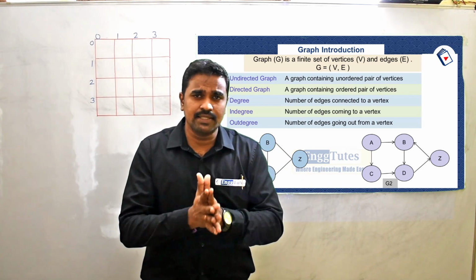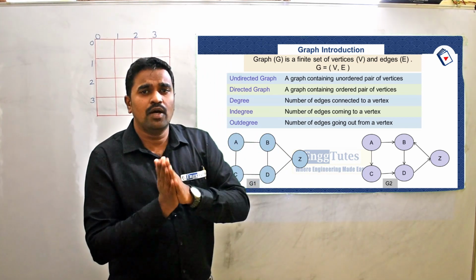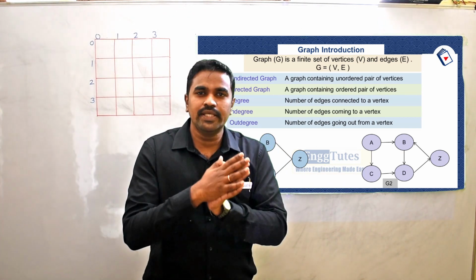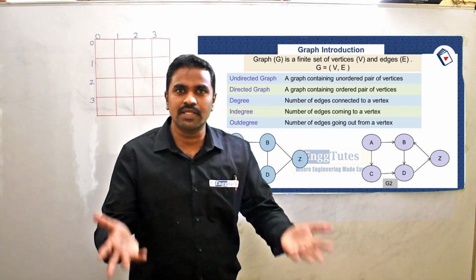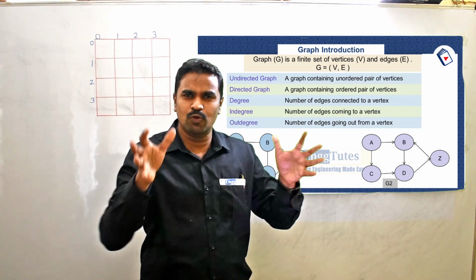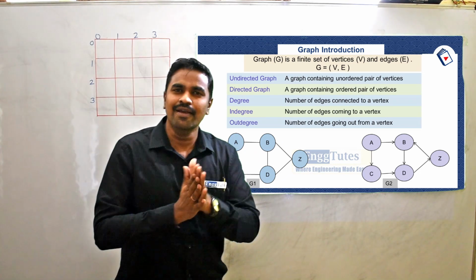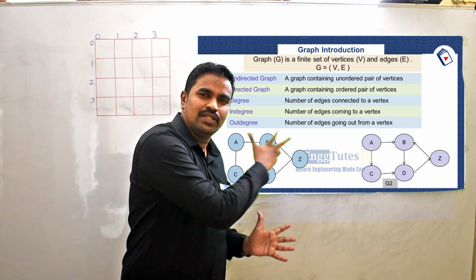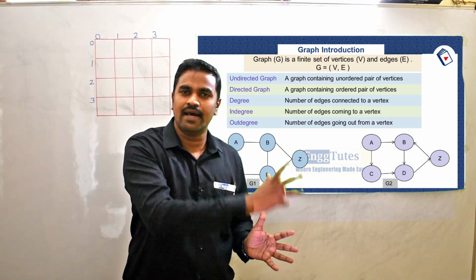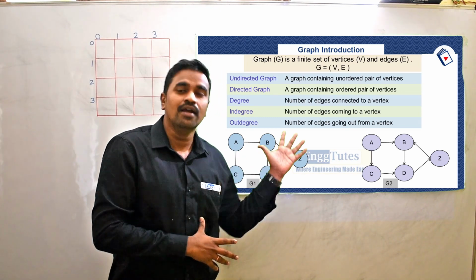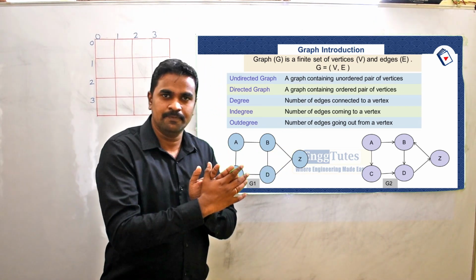So these are the basic terminology that we require, and now let's understand how we can represent the graph. That is the interesting part, because now here code and a lot of interesting things are going to come. That is how we can represent the graph with the help of our two basic data structures, array and linked list. So let's first check how we can represent the graph using array.